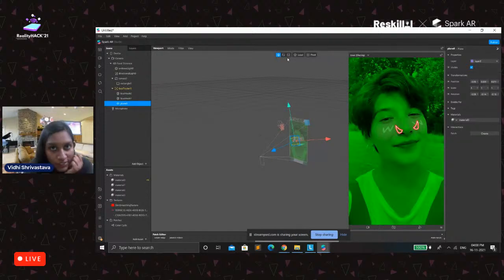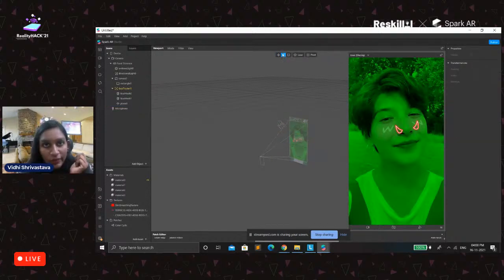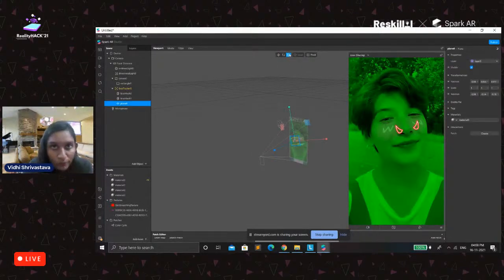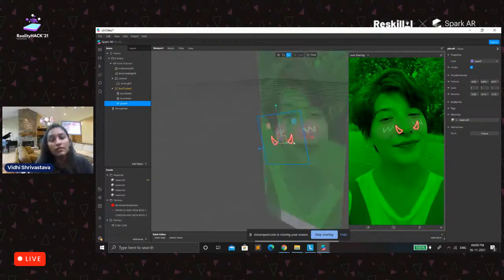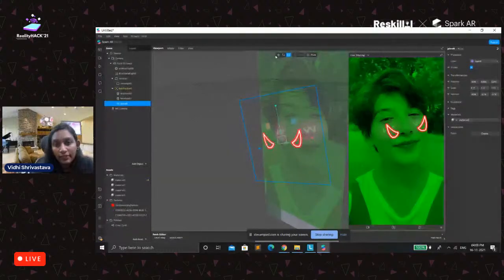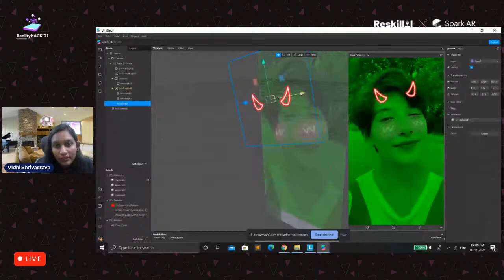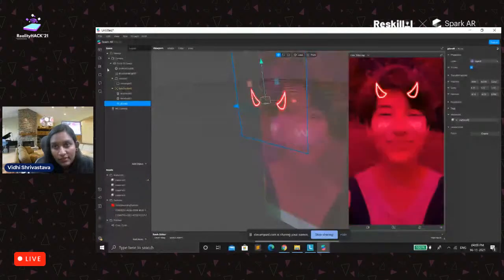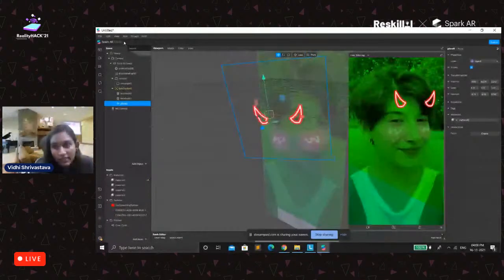This is for position, this is for scaling, and this will be for the rotation. So for example, I want to increase the size, so I'll go to the plane, click on this, and increase the size of it, and let me drag it upward.